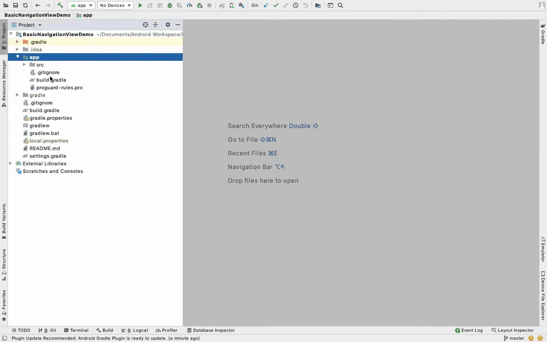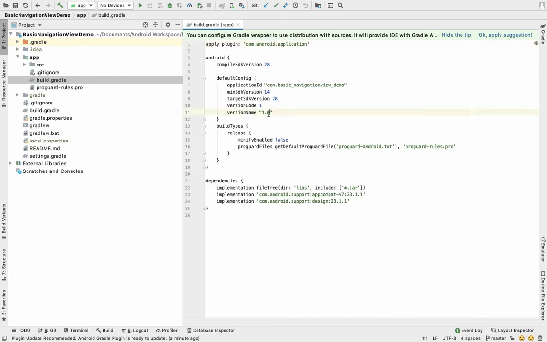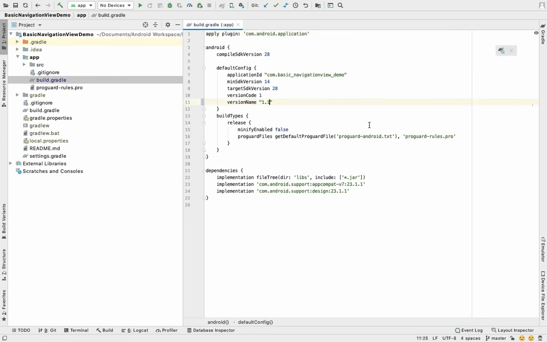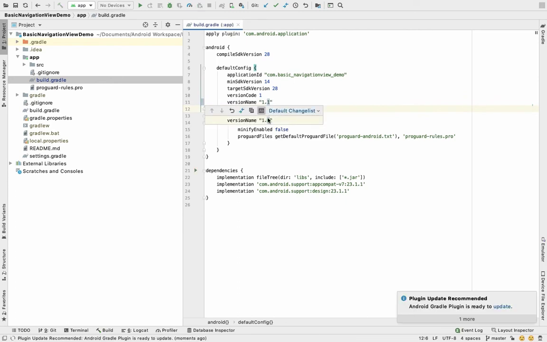Now if I have to make any changes on any file, let's suppose I'm just increasing the version. Okay, so the version is increased. Now if you see, it will tell me what is the previous version and what is the current version. This will only happen if your current project already has Git initialized.